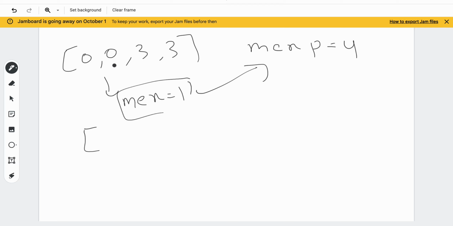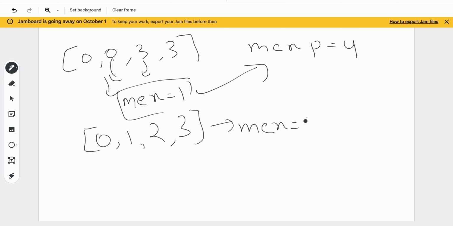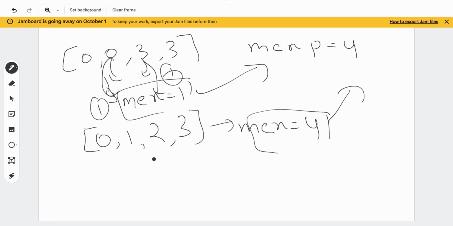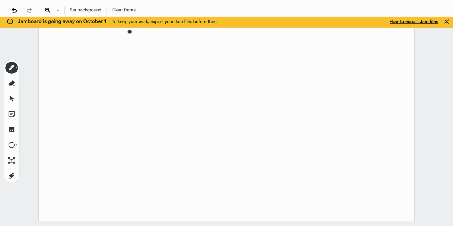So how can we do this? Suppose we increase this by 1, and we decrease this by 2, and this is 3. Now the max of our array is 4, because 0 1 2 3 is present and the max is 4, which is equal to the max possible. And how many operations are required? One operation to increase this by 1 and one operation to decrease this by 2. The total operations required is 2, so our output should be 2. I hope you have understood the logic behind it, what the question is all about.